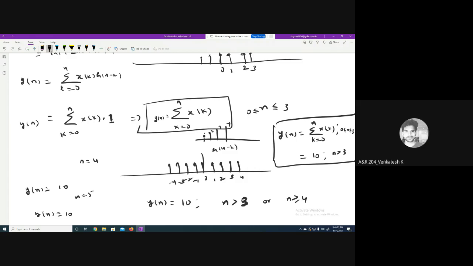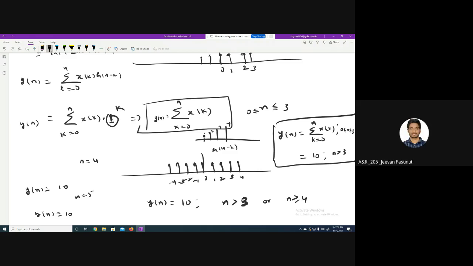Yes, sir. For 3 also it is 10. 3 also you can write, there is nothing wrong, but in a generalized way I am telling you. And this is only because h of n is a unit step. Here I could have taken the constant, but if it is given a ramp, instead of 1 here, you will get n here, isn't it? Because for unit step, I replace by 1. If it is a unit ramp, you should replace by k. Yes or no? Yes, sir.